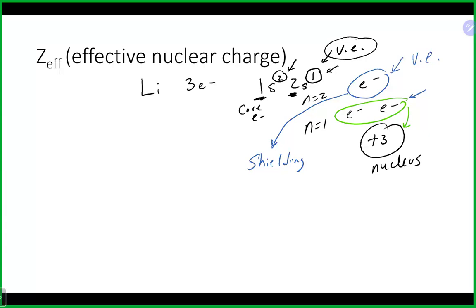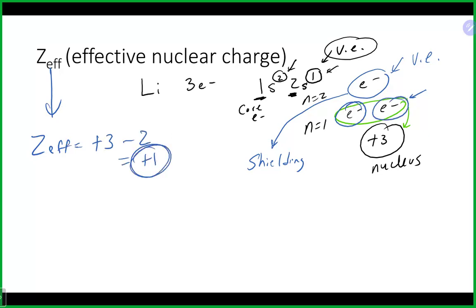So this electron here on the outside is not feeling that +3 attraction to the nucleus, it is actually feeling something much less than that. And you could actually calculate it, and that is what is known as effective nuclear charge. You calculate it by taking the number of protons, which is 3, and you subtract the number of electrons that are in front of it, which is 2, and now that outside electron is only feeling a +1 attraction,